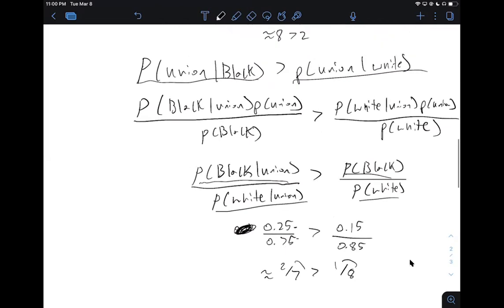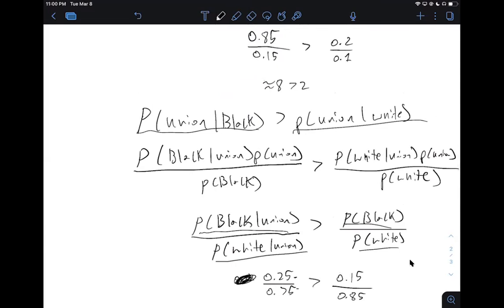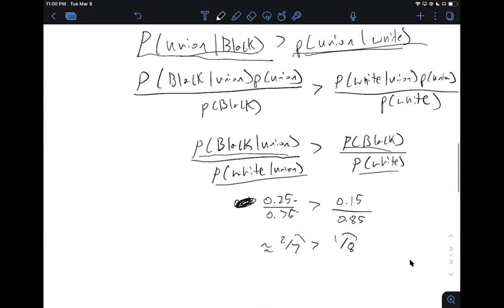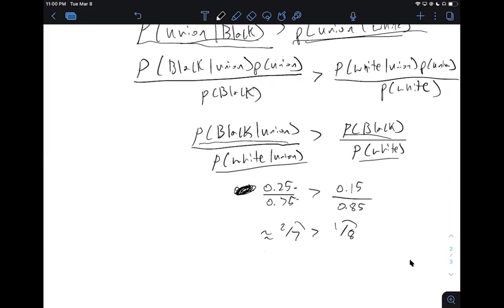So this idea that you are relatively more likely to be a union member if you're black than if you're white is consistent with the ratio of the probability that you're black given that you're a union member to the probability that you're white given that you're a union member being bigger than the overall ratio of black to white individuals, but that doesn't mean that the actual numbers involved here, such as the ratio of black to white union workers, isn't still tilted very heavily